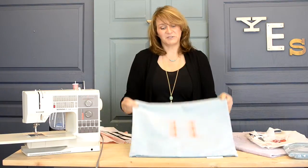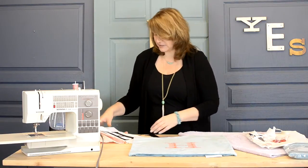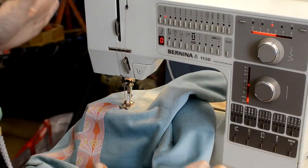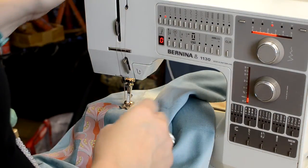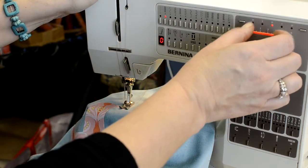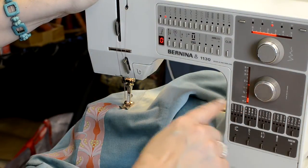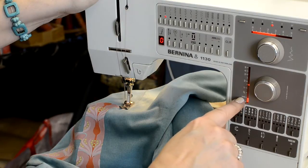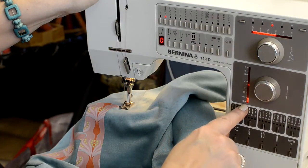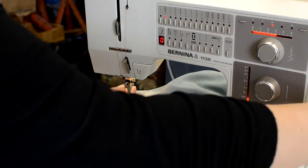So the only thing left to do is to do a satin stitch all the way around. And if you want to come in and get a closer look, I will show you how to do that. So to do a satin stitch, whatever your sewing machine is, and mine's an ancient Bernina, you set it on zigzag, about, I have a 3 setting, medium wide, and take it all the way down to like a quarter. Right here on mine it shows that means satin stitch and it's close together. One's here, a half is there, and we're clear down here, halfway between a half and 0, to get the satin stitch. So we're going to do a lock stitch in place,